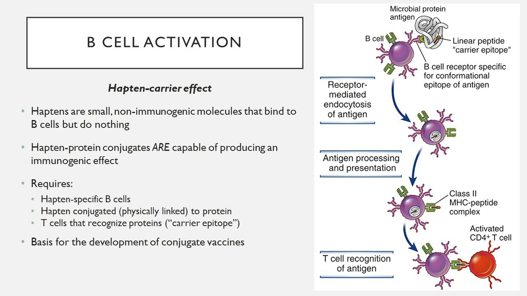So the hapten carrier effect requires three things. One is that there's a hapten that's specific to B cells. And remember, they could be non-immunogenic just as long as the B cell surface antibody recognizes it. Second, the hapten has to be conjugated, physically linked to the protein. These can't be administered separately. Third, the T cells have to recognize a peptide sequence on the protein. So this is the carrier epitope. If all three requirements are met,